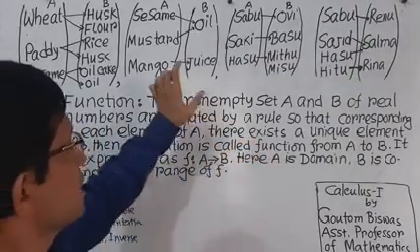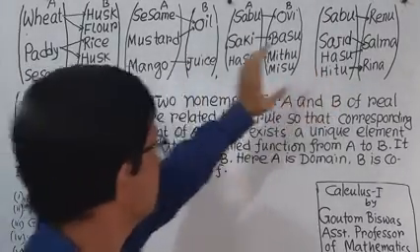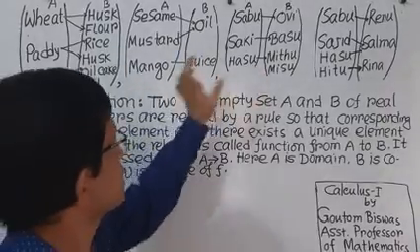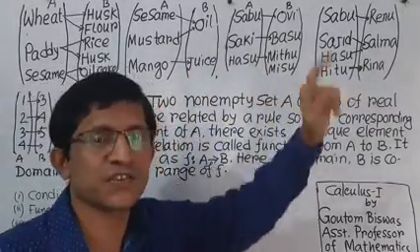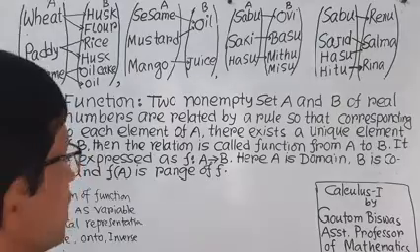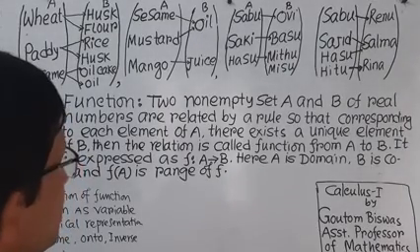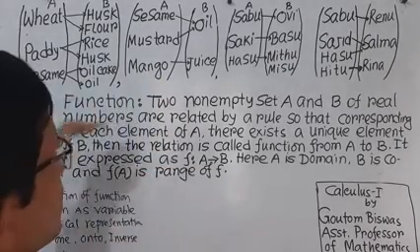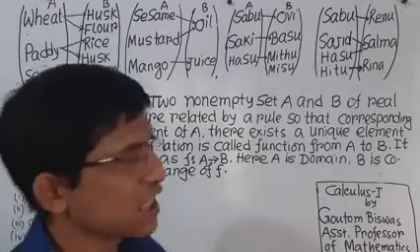Okay, so this is a function, and this is a function. This is, and this is. These three examples are functions. Okay, so here we can express it as